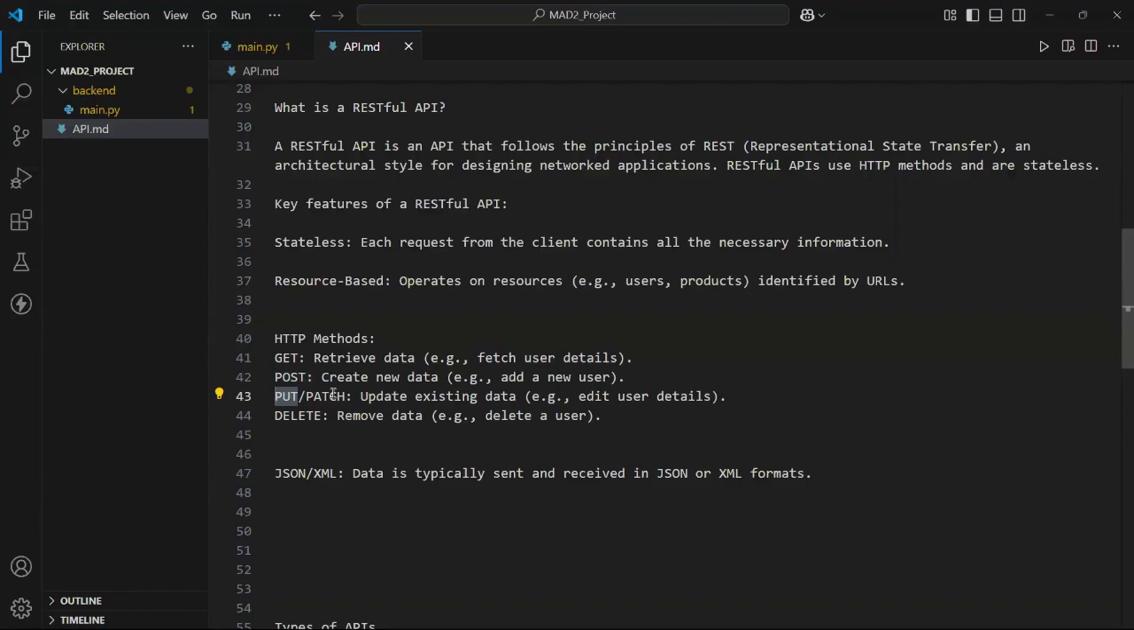So if I say you are editing all the fields of a, say, product. So if you have a product, you have product details, and you are updating product details, you can use the put method there. But again, let's say if we have a